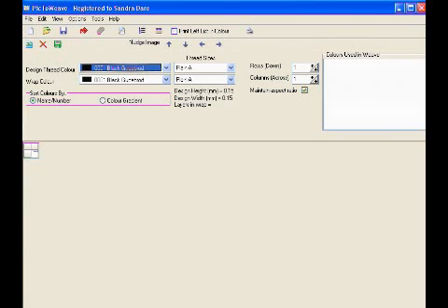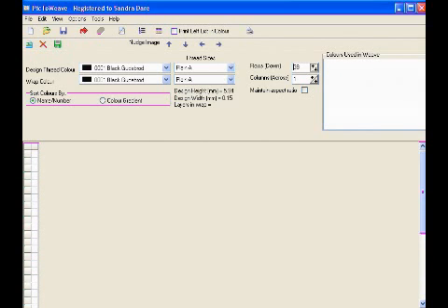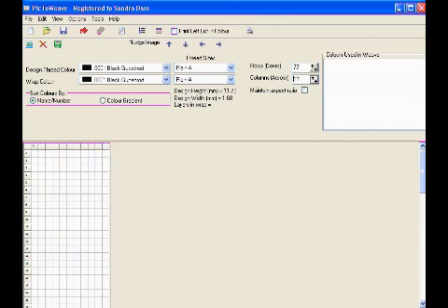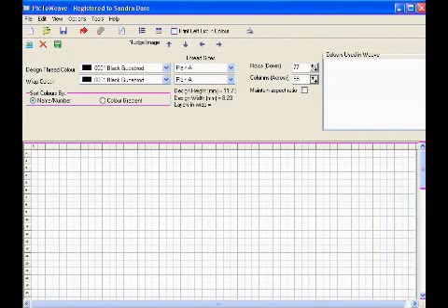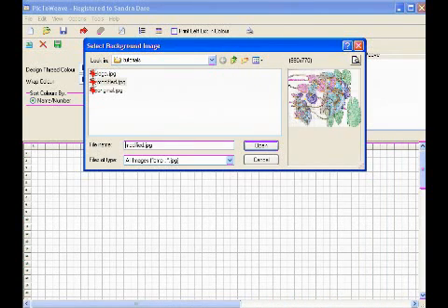So what we'll do is we'll turn off our maintain aspect ratio here, and we'll set this grid up so that it's the same size as the original pattern. So we'll just scroll up until we've got 77 here and 99 across. Just a few more. Okay, now that grid's ready to go, we'll just go ahead and import our modified image,